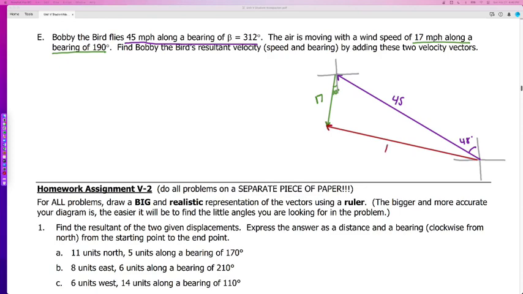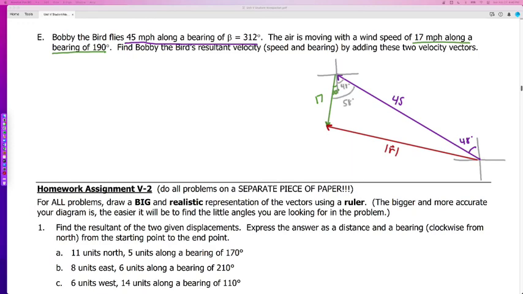Okay, so when we find the magnitude of that vector, that is the speed at which Bobby is actually traveling, and then we'll find the bearing along which he flies as well. What else do we know here? So let's kind of fill in the blanks. We have some alternate interior angles. If the angle down here is 48 degrees, this is also 48 degrees, which means this entire angle is